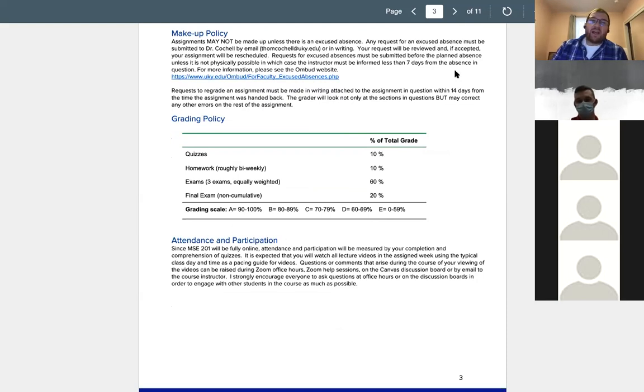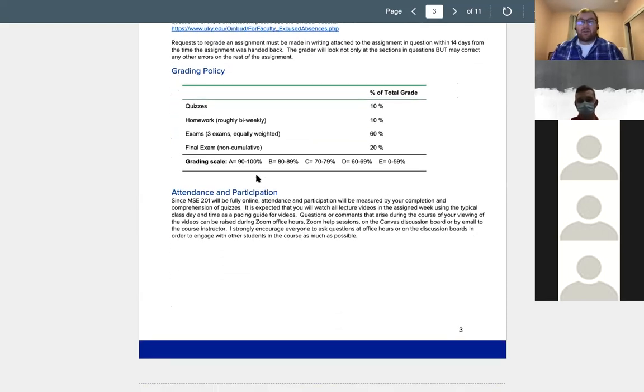The grading policy, you'll see that here. Quizzes are going to be 10%, so not a huge component if you factor in how many there are, but it does add up. If you're not following along with the videos, if you're not doing the quizzes, that adds up and affects your grade. The homeworks, another 10%. Again, individually, not worth a lot, but they add up if you're not following along. And then the exams you see down here, 3 exams worth 60, and then the final worth 20. So if you work that out, they're all worth 20% apiece. So that's how we're going to structure the class.